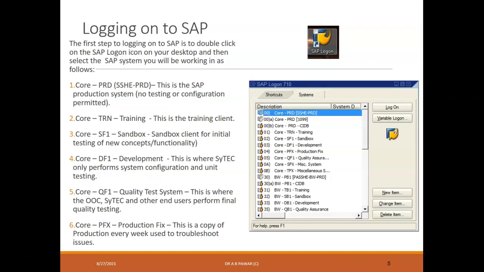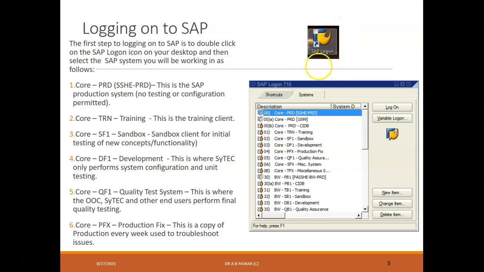When you use your SAP Logon software to do your job, first of all let us understand how you are going to log in to SAP Logon. Usually when you find your SAP Logon for the first time, you will see the SAP Logon icon. The first step to logging onto SAP is to either double click on this SAP Logon icon, or you can right click on that particular icon and select the run as administrator option, or you can open it and follow the further steps.